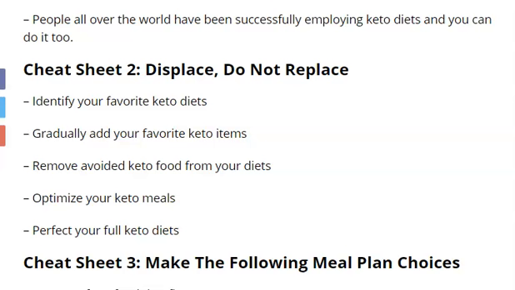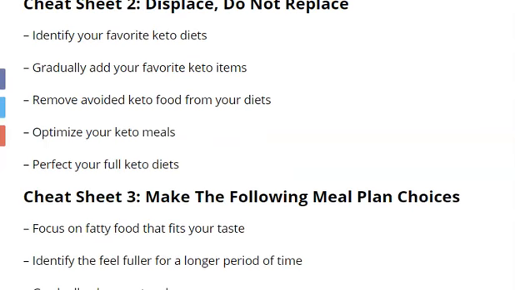Also, you need to gradually add fatty food into your meals and try to remove some high-carb foods. This is a dynamic process, and only you know what is best for you. So you need to make a decision to remove carbs and add fatty food into the menu. That's also very high level.